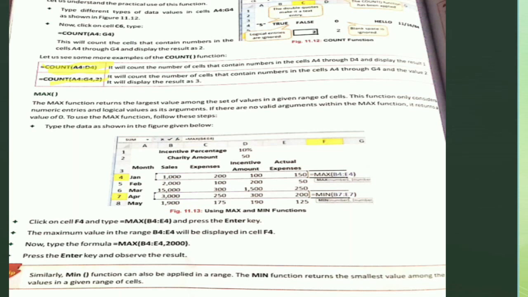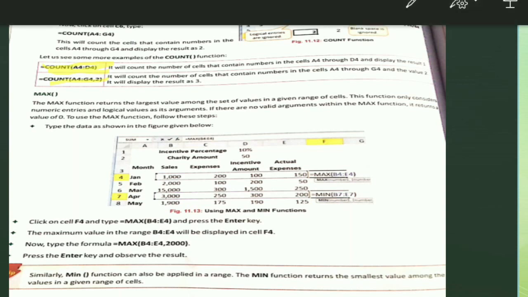Here the result is 1 because D4 only has the numeric value, and the rest have other values. Then from A4 to G4 we have the two values, and comma 2 is written, so 2 is taken as one value. We calculated A4 to G4 above also, and we got the output as 2, and comma 2 means one value, so 2 and 1 becomes 3. So finally our output will be 3.